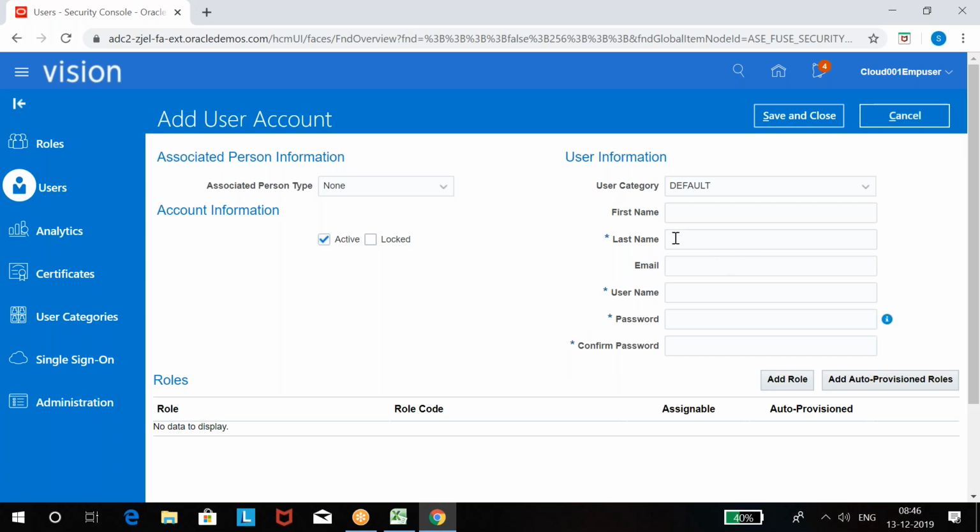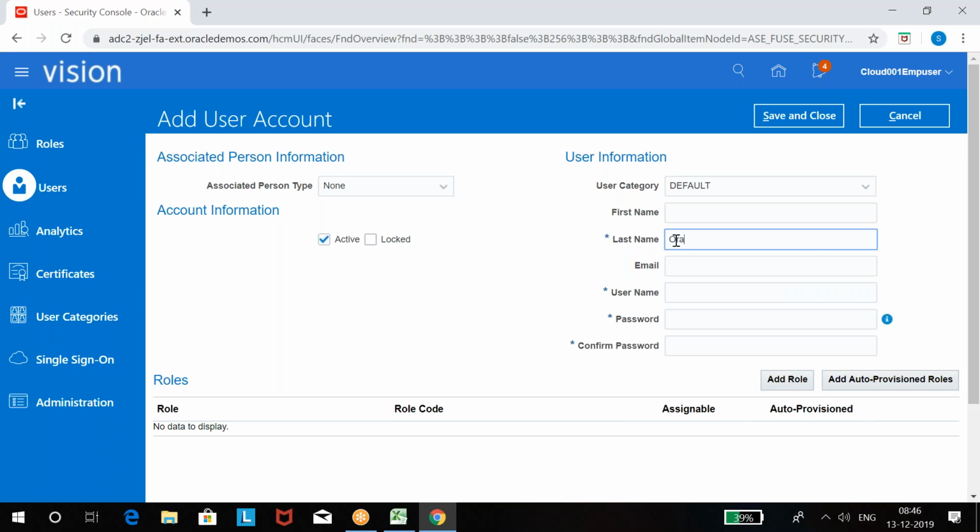First name is not required. Last name is mandatory. And the username, whatever username you want, and then the password. Email ID, if you want, you can provide, or else you can leave it. When you provide an email ID, I request you to provide your genuine email ID, not a fake one. Because if sometime you forget the password, on the screen you have the option to click on forgot password, and if you provide your email ID and select forgot password and submit, you will get an email from Oracle to reset your password.